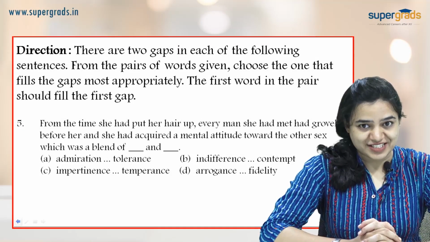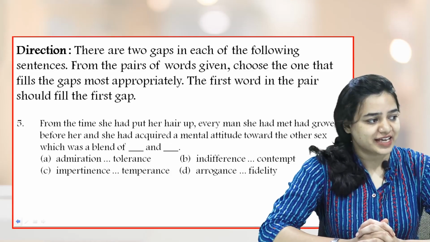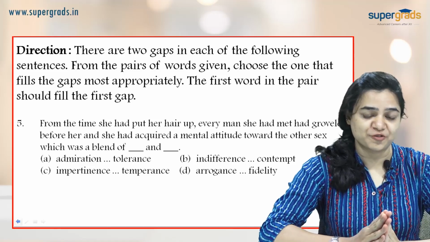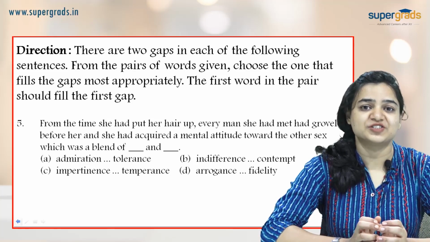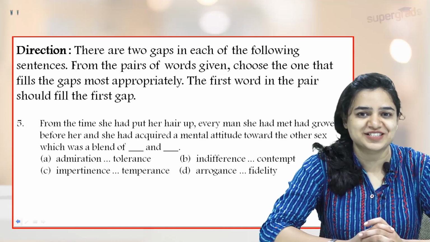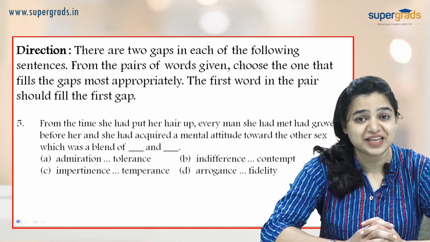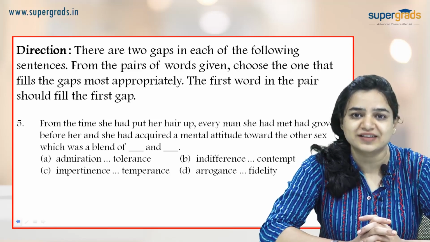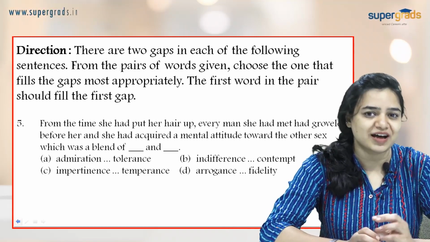Conjunctions are your friends. You must remember that conjunctions give you a lot of context. In this question number 5, you have and there is a blank before and there is a blank after and. Now, since and is a sort of conjunction that joins similar emotions, so again you are looking for a synonym pair. And if you, as I have already said, have an understanding of the meanings, you would scan the options and automatically know that there is only one similar meaning pair, which is indifference and contempt,